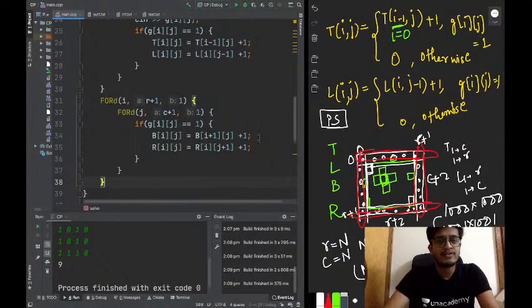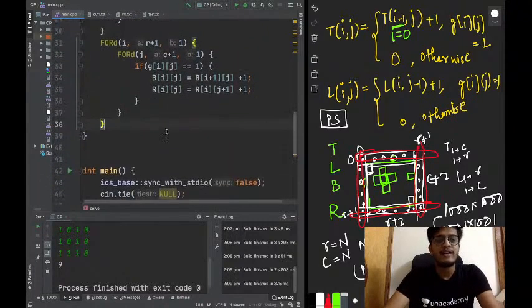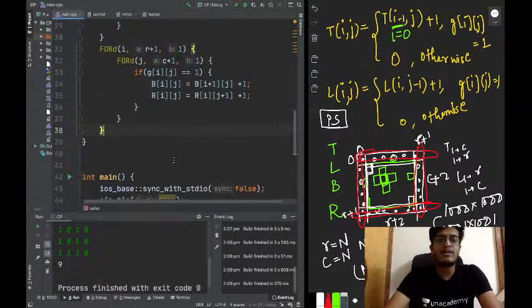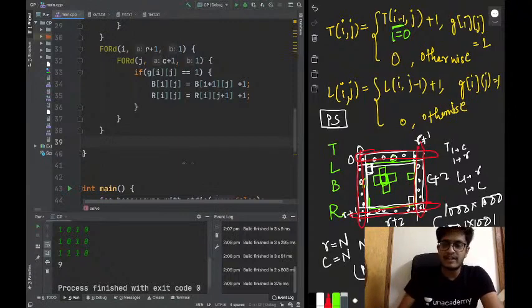Okay, great. So we have updated our T, L, B and R values. And see the magic of just adding one row, one column: I don't have to worry about any condition. We have one extra row, so nothing will ever overflow or underflow. Now I want to calculate the number of L shapes. I'll just revise it again.